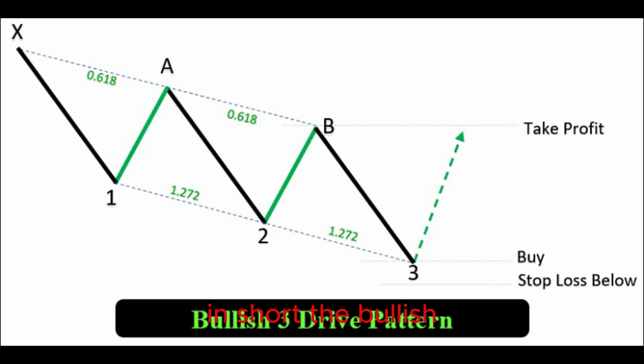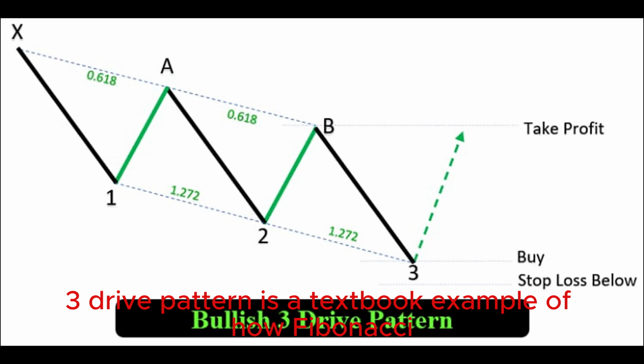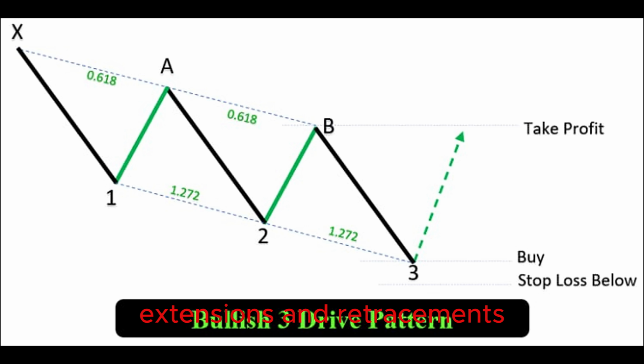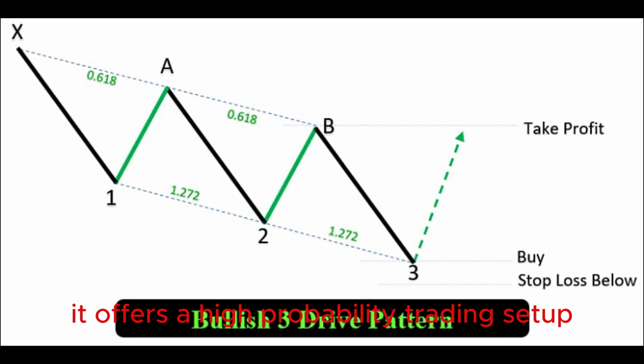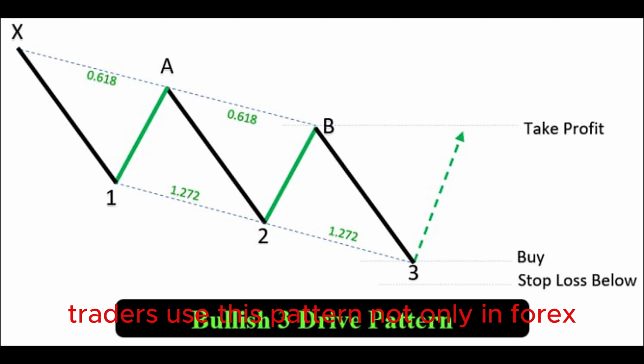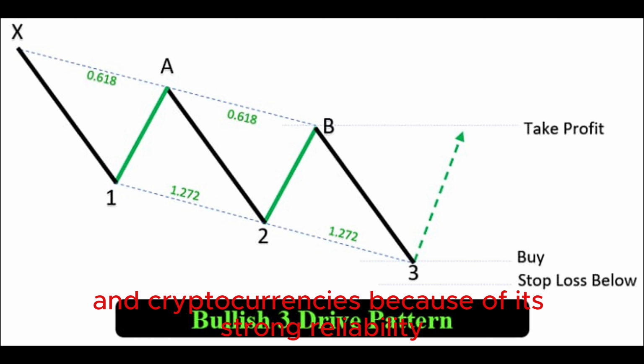In short, the bullish 3-drive pattern is a textbook example of how Fibonacci extensions and retracements work together to signal a potential turning point in the market. It requires patience and precision, but when identified correctly, it offers a high-probability trading setup. Traders use this pattern not only in forex but also in stocks, indices, and cryptocurrencies because of its strong reliability